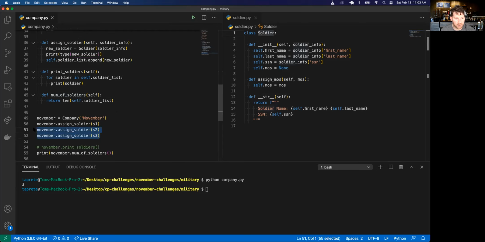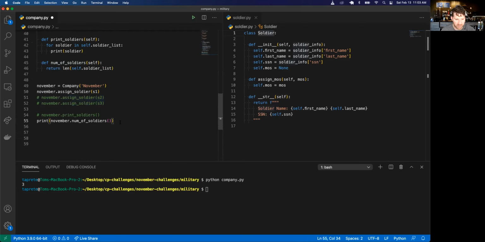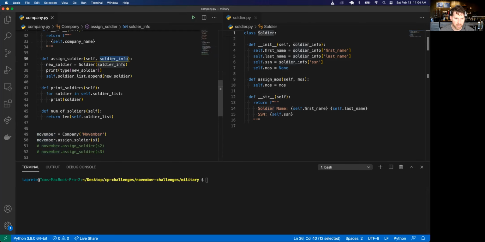So if I come over here, I'm going to comment that out. Clear. So in here, we create a new instance of a company called November, and we're assigning a soldier. Comes over here, passes in soldier info, creates a new instance of the soldier inside the assign soldier instance method. And now we're just doing the type of new soldier. We just want to show you what kind of type that is. So it's a class of the soldier. And if we just print out each soldier after,